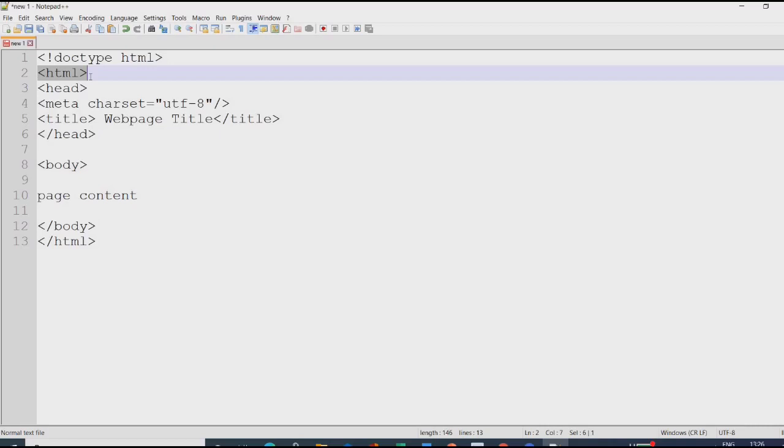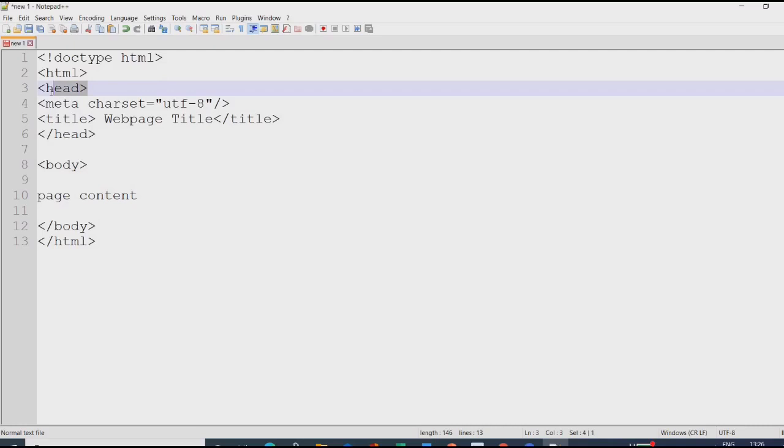Under the HTML tag we have two tags. One is the head tag here at the top, and we have the body tag down at the bottom. The head tag is where we set up the page, and it contains instructions that don't appear on the viewable page itself, but they control how the page will be viewed.